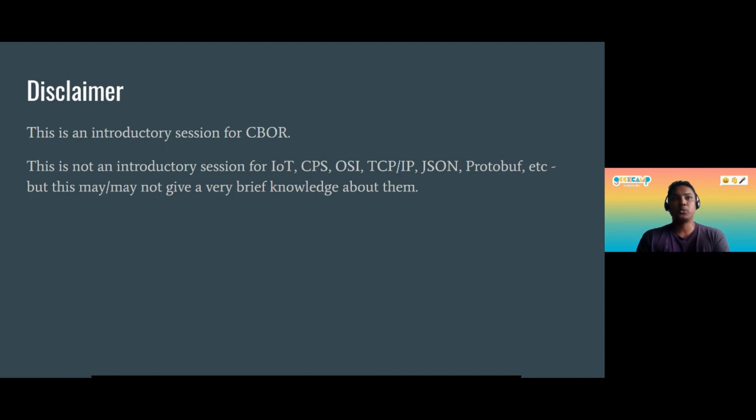So I thought to make a bit of awareness, and indeed CBOR is an RFC standard. Again, this is not an introductory session for IoT, CPS, OSI, TCP/IP, JSON, protobuf, etc. But I may give some brief introduction about them.